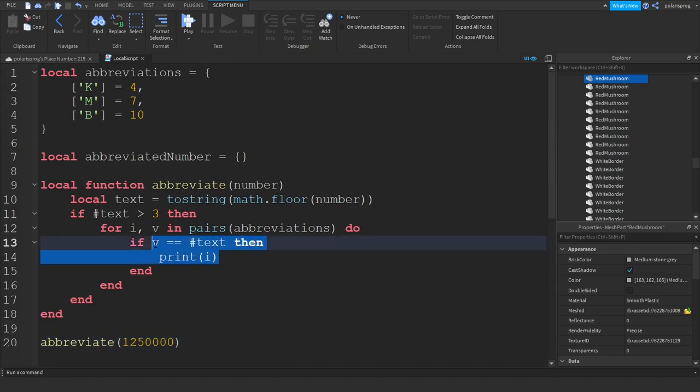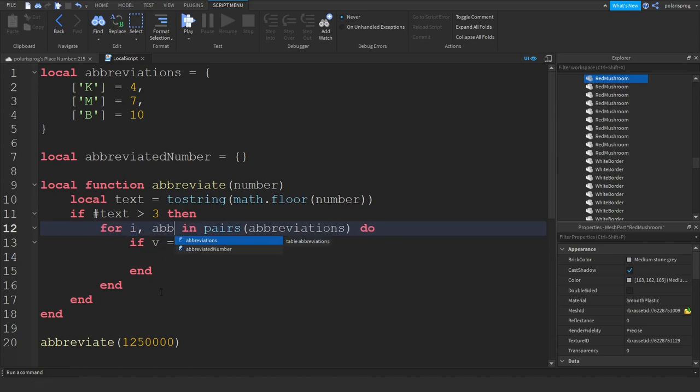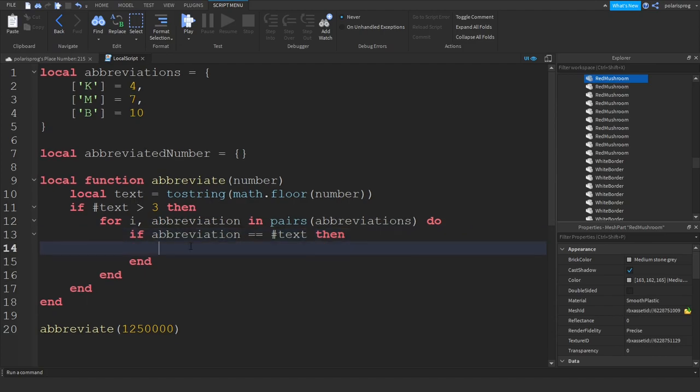And instead of just printing the chosen abbreviation, what we're gonna do is we're gonna loop through. Actually, let me think about this. So we're gonna check if it's equal to the text. So what we're gonna do is we're gonna change this V to abbreviation without the S. Make sure you don't use the S. Make sure it's abbreviation, not abbreviations. And so let's do for,